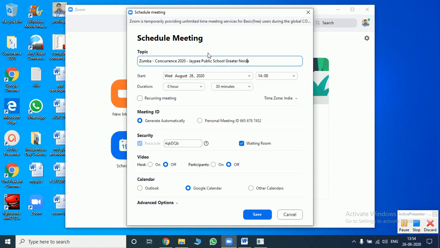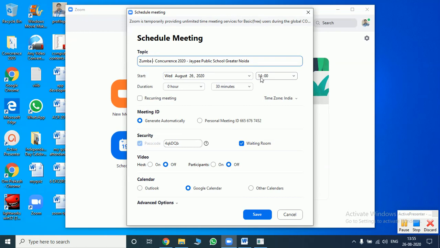Okay, and if there is any category that you intend for, no problem, you can mention it over here soon after the event name, and you mention the date of the event here and the time, and you please take quite a buffer time.